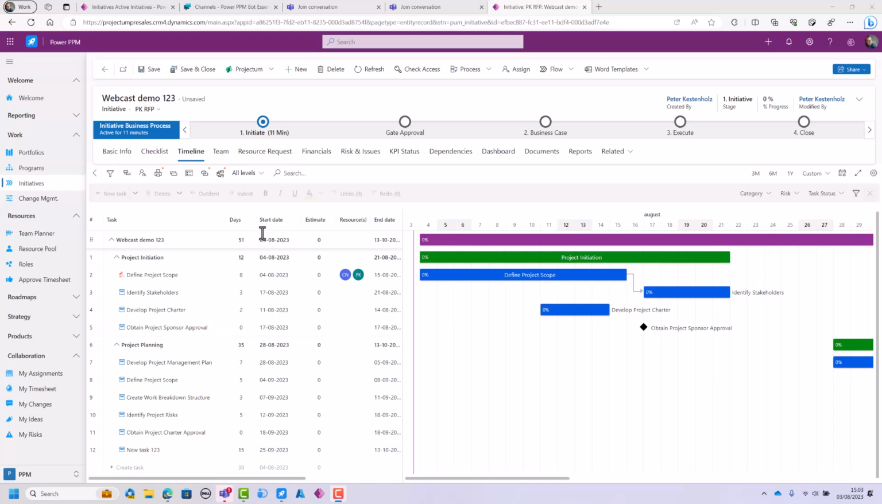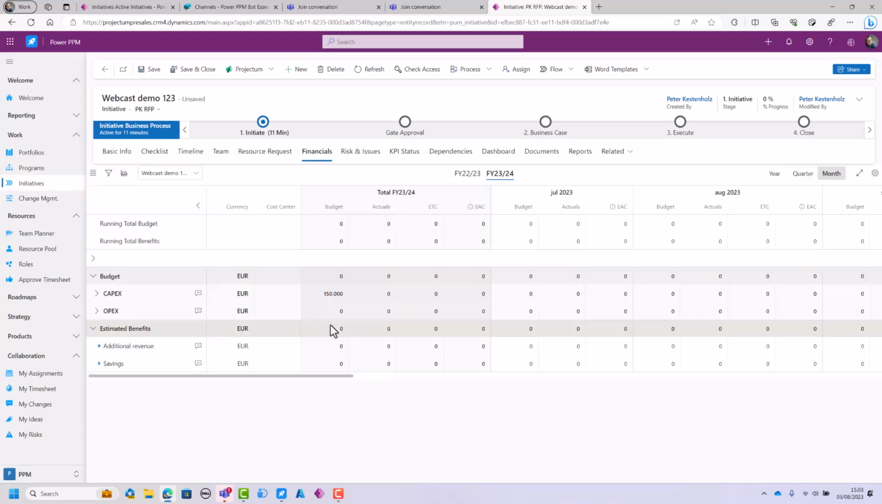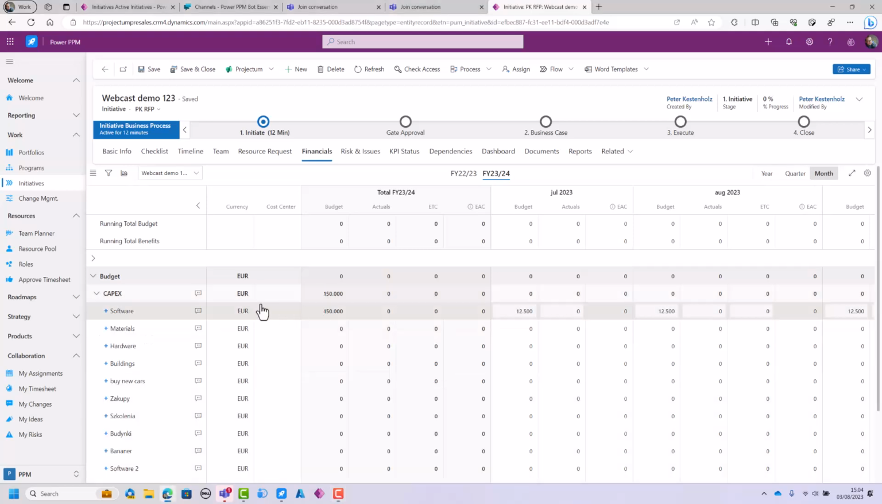So now let's move on over to another tab, which is called Financials. If we click here, you will see that we open up our financial grid, which has both calendar years up here if you want, or fiscal years, depending on your setup. In this case, I can see that in 23-24,